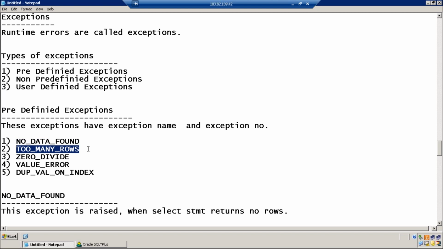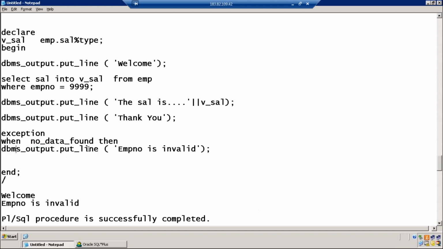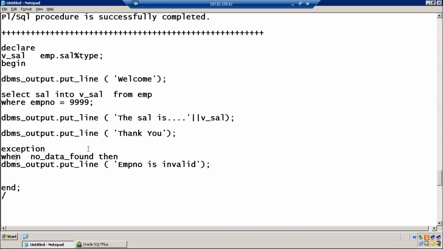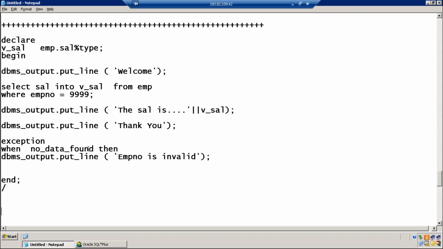Dilawar, can you guess when the TOO_MANY_ROWS exception is raised? When we are using the row type, when we are not using the row type, when the result is coming more than one record. Exactly, not result.